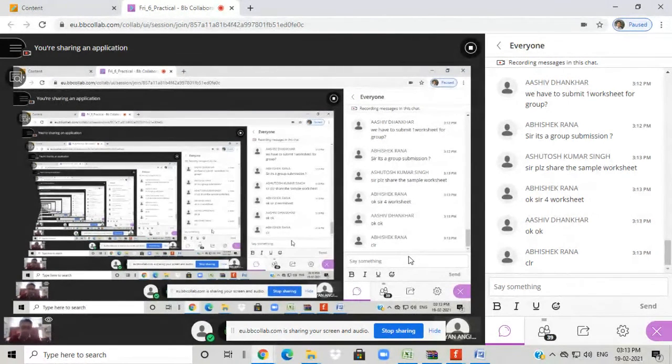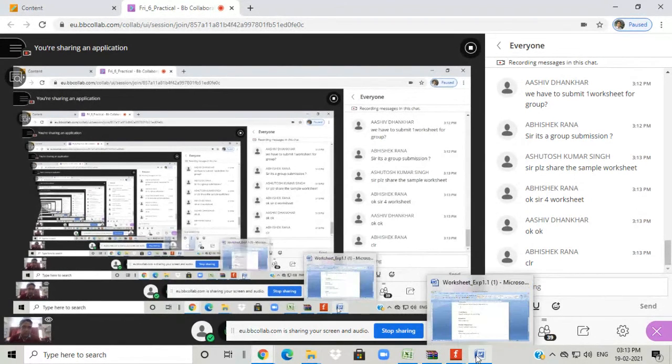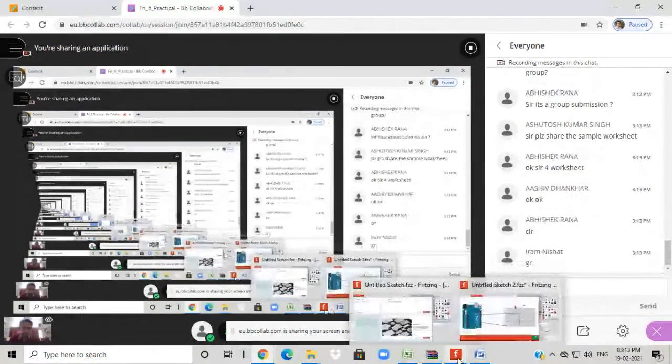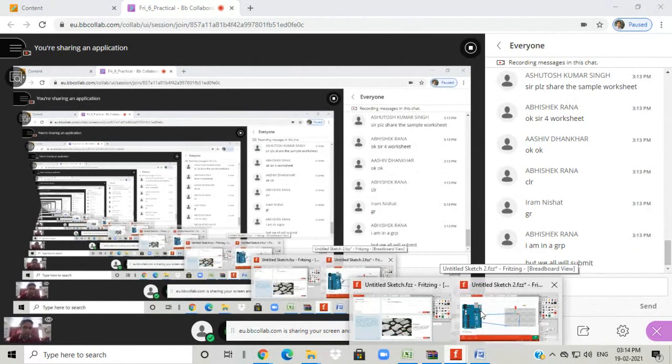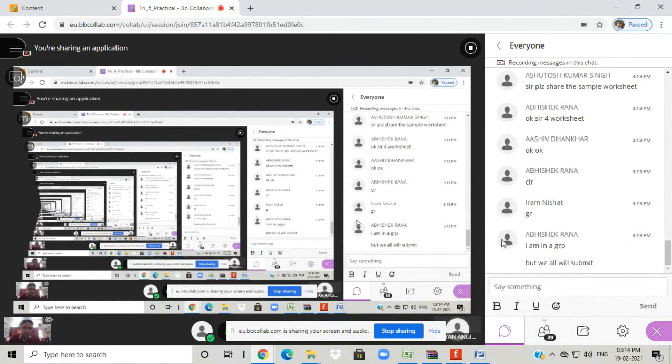So you will individually submit or your group representative will submit? I will make the list visible. Okay. Then you will note down different members.